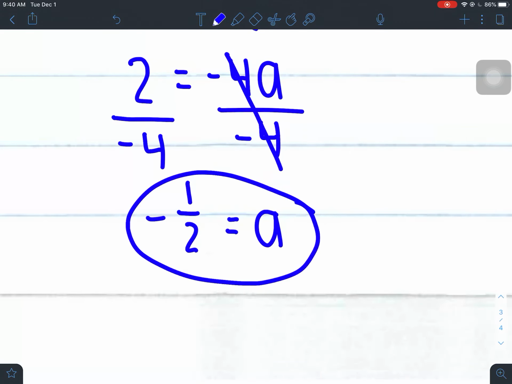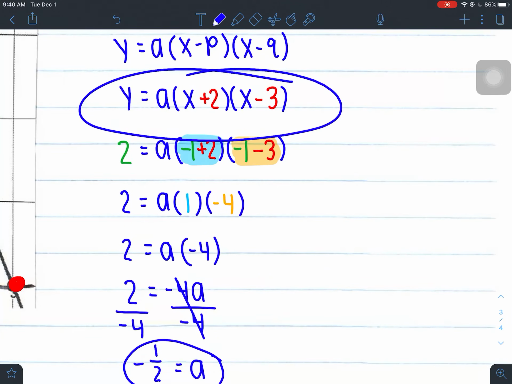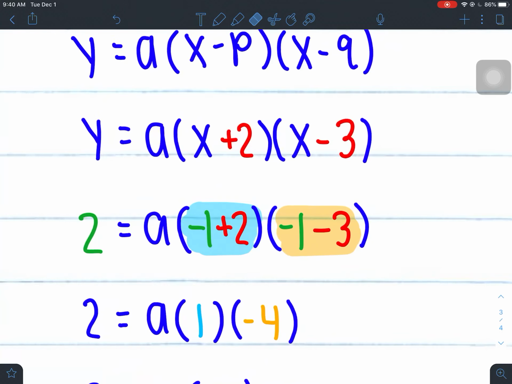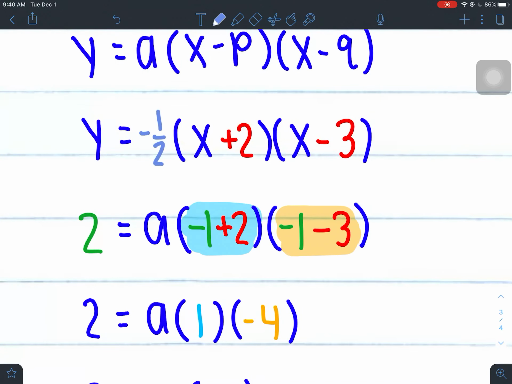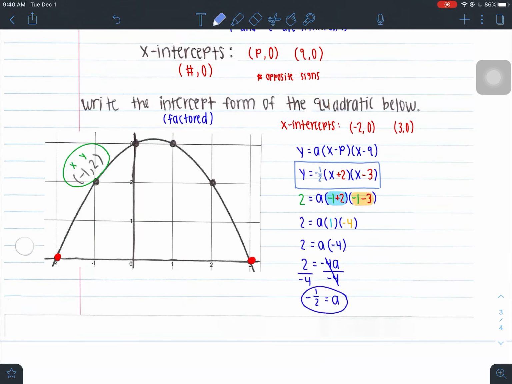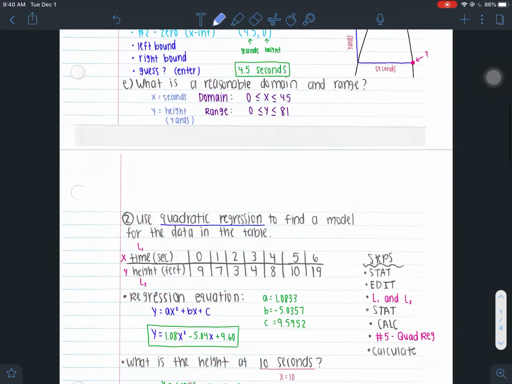So at the very beginning, we knew our x-intercepts. Okay, we knew our x-intercepts. So this was what we had at the very beginning, but this wasn't complete because we didn't have our a value. So I'm going to erase that a value knowing that my new a value is negative 1/2. So that's my a value, and this is my final answer. Okay, so again, we did all of that work just to find their a value. So that's how you would go about writing an equation in factored form, or also